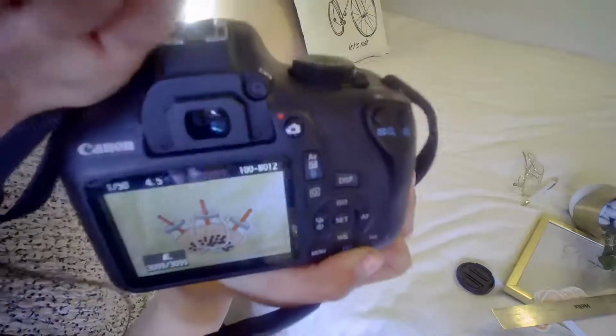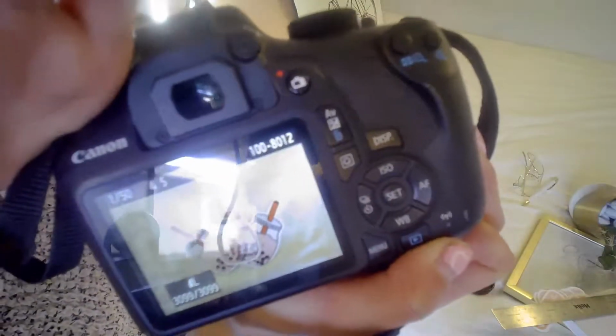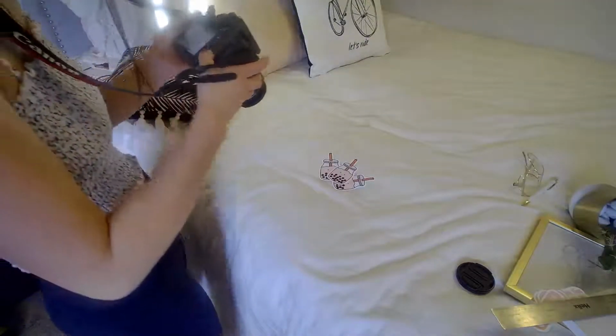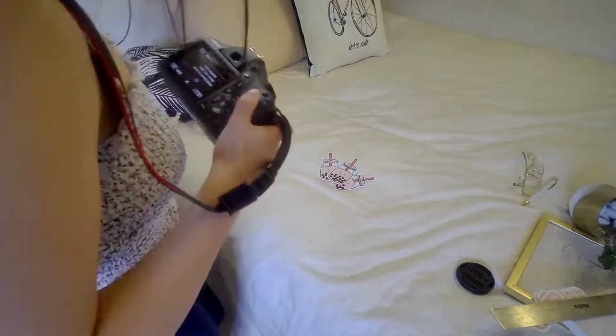Oops. See that there's a lot of light reflecting from the window. But I'll show you guys obviously when we edit these photos. So I'm going to take a couple more. Now I can actually use the lighting